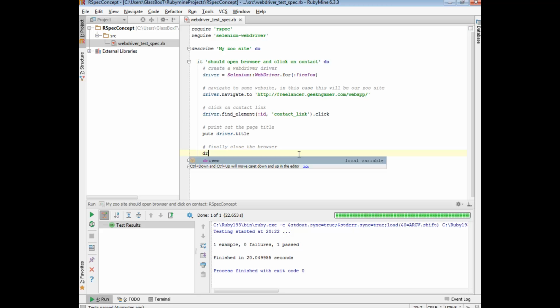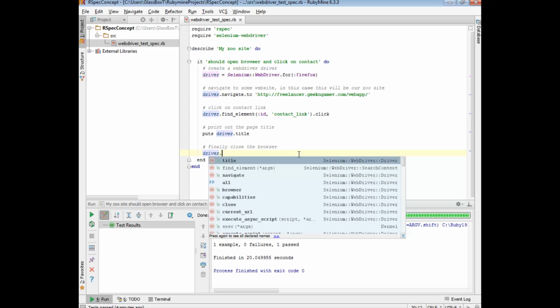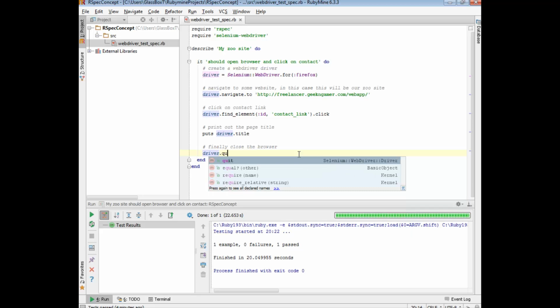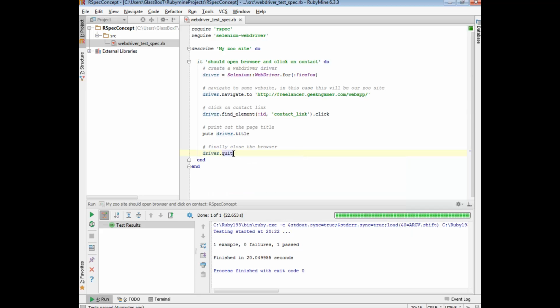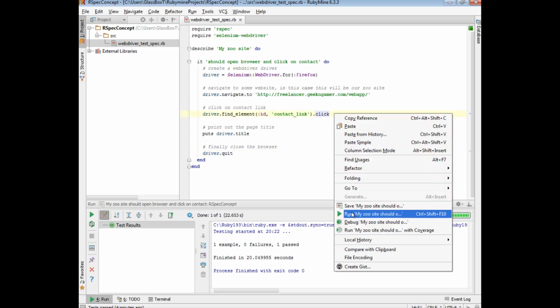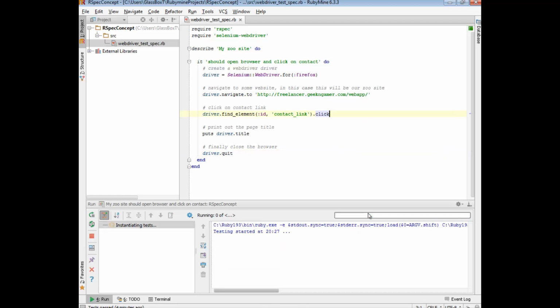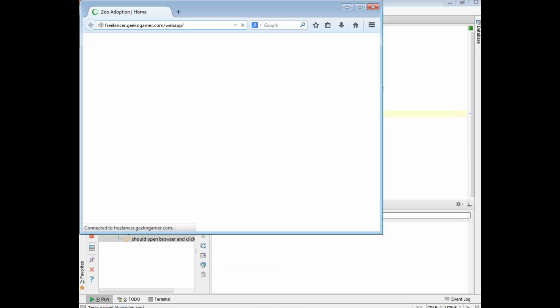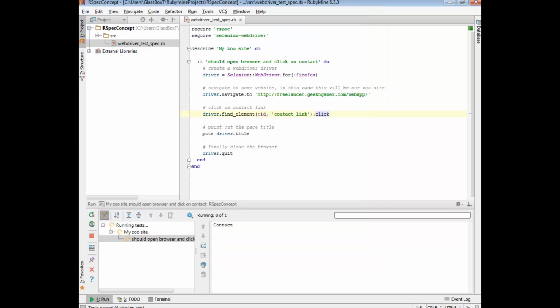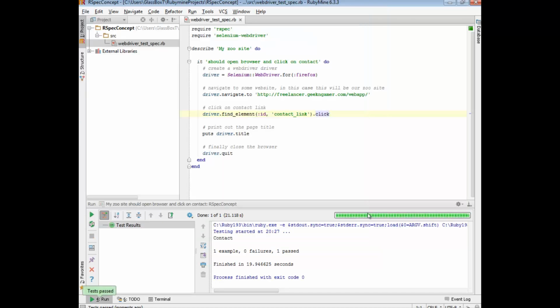So anyway, I'm going to say driver dot and I will see if there's a quit method. There we go, there is. This will effectively quit the driver, or in other words, close the browser. So let's give this a go. Right click, run, and let's see what happens. Perfect. So we saw it open the browser, we saw it click on the contact link, it printed out the contact link, and then it quit